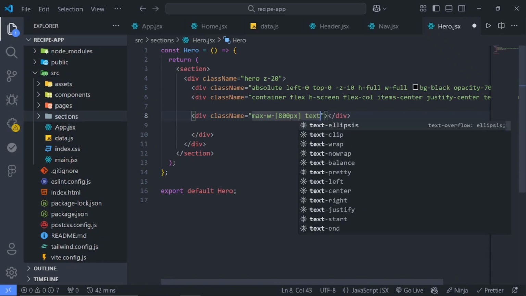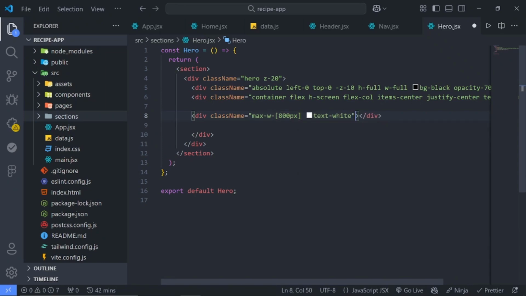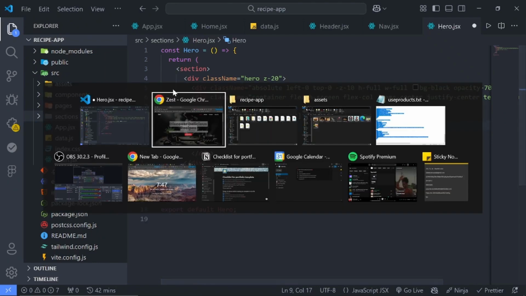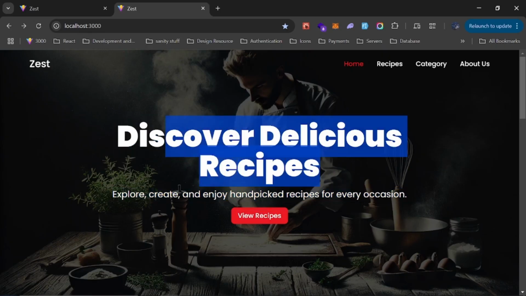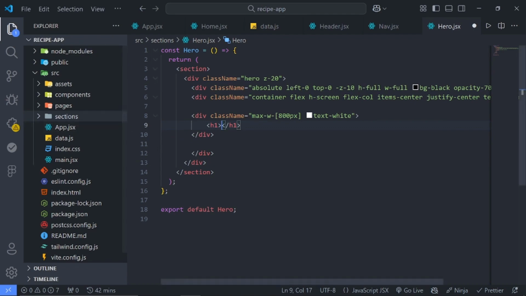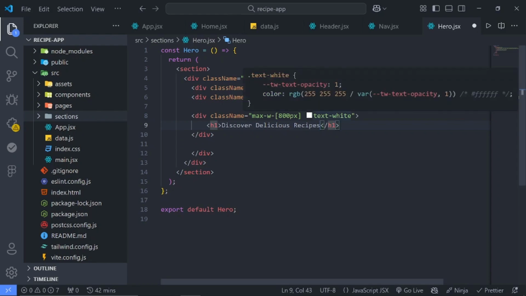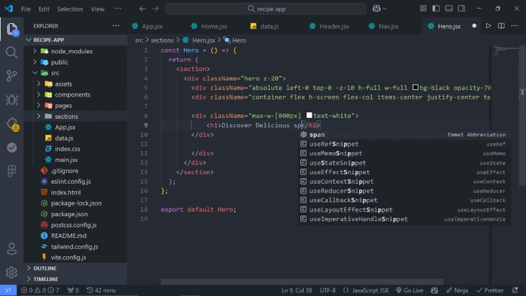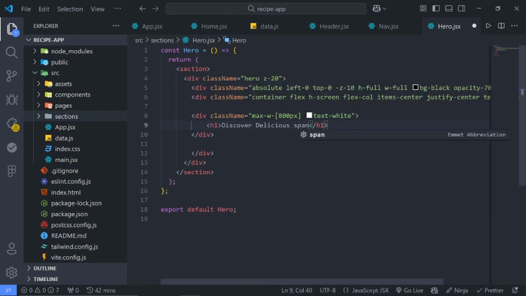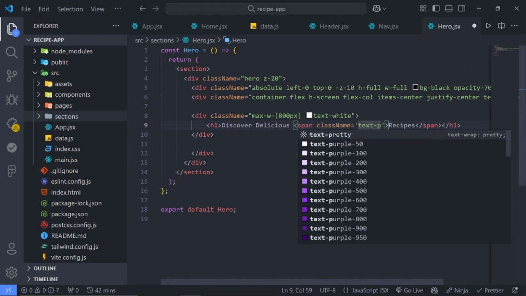I'll set the text to white, and the H1 says what? So we'll just copy it right here. You can see that this recipe has its own color, so we'll just cut it out and put it inside a span tag, and I'll paste it here, and I will set the color to be the primary 400,